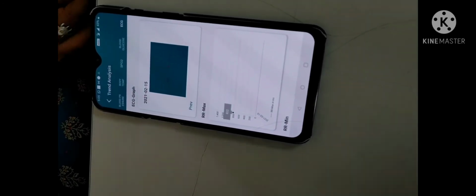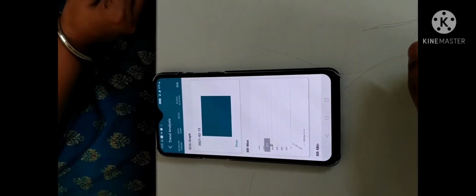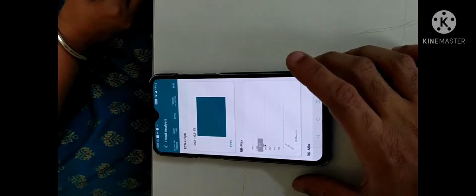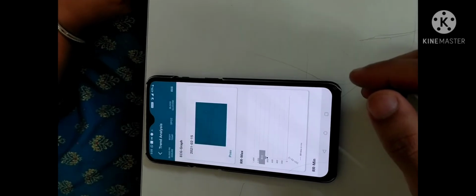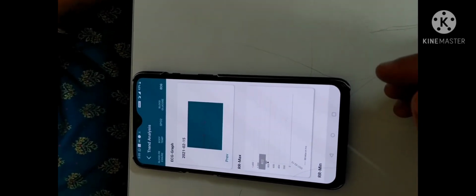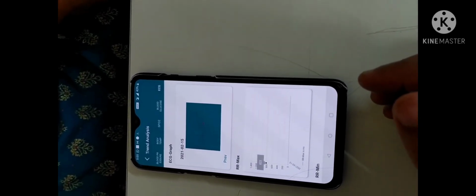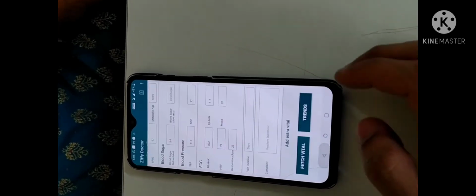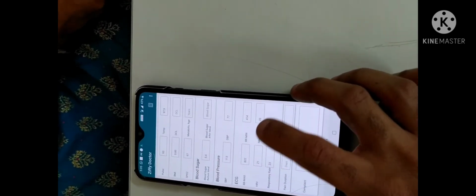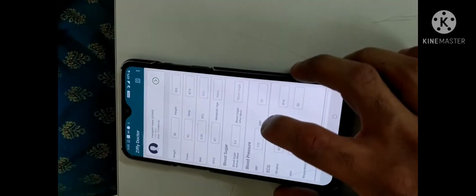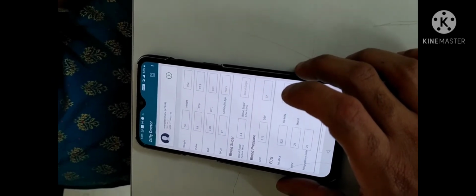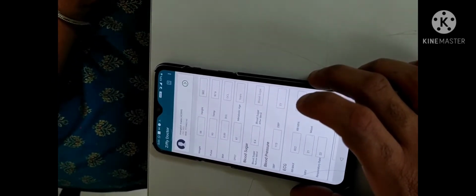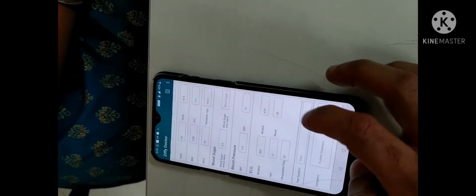The most important feature of the Ziffy Health app is the trend analysis. So the whole demo of the Remote devices is complete, in which you can see the 5 parameters which are being measured. So this is the ECG, blood pressure, blood sugar random of the patient, and also if the person wishes to fill any personal details like their weight, height, it is also visible over here.